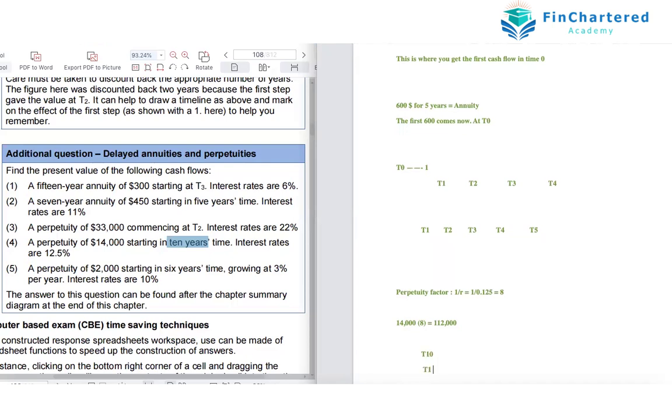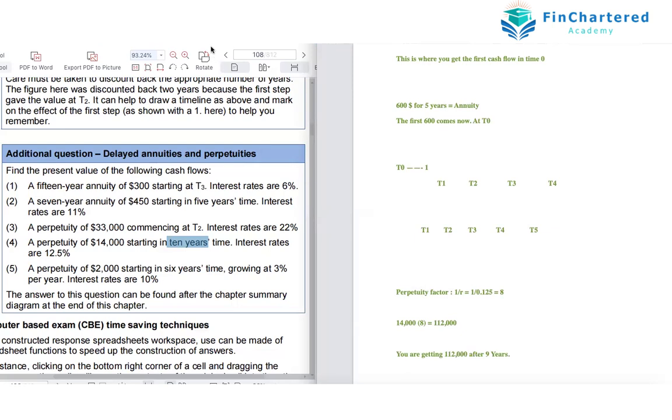In this case, your T10 is like your T1. So obviously, your T9 is like your T0. So basically, this 112,000 is the present value in T9. That is, after 9 years, it's like you are getting how much? 112,000 after 9 years. So as usual now,